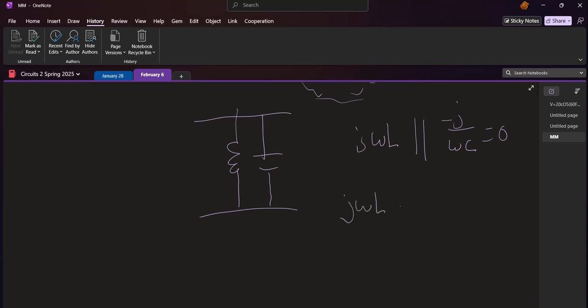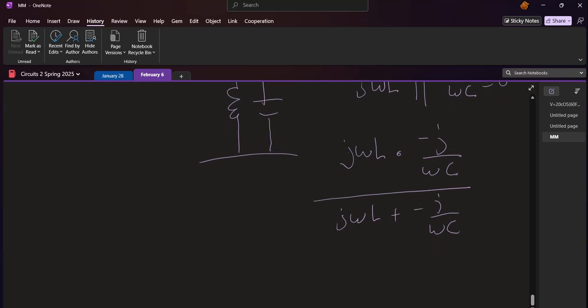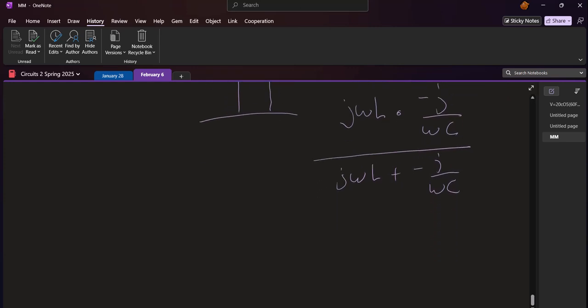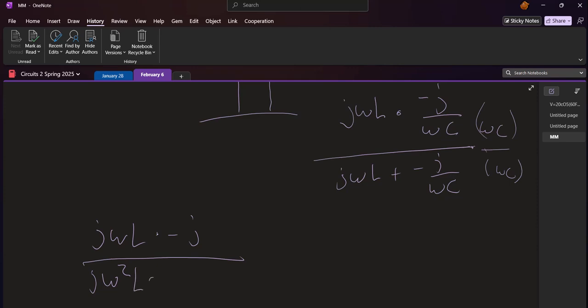So j omega L times minus j over omega C over j omega L plus minus j over omega C. Okay, now I don't like this complex fraction, so I'll multiply the top and the bottom by omega C, and I get j omega L times minus j over j omega squared LC minus j